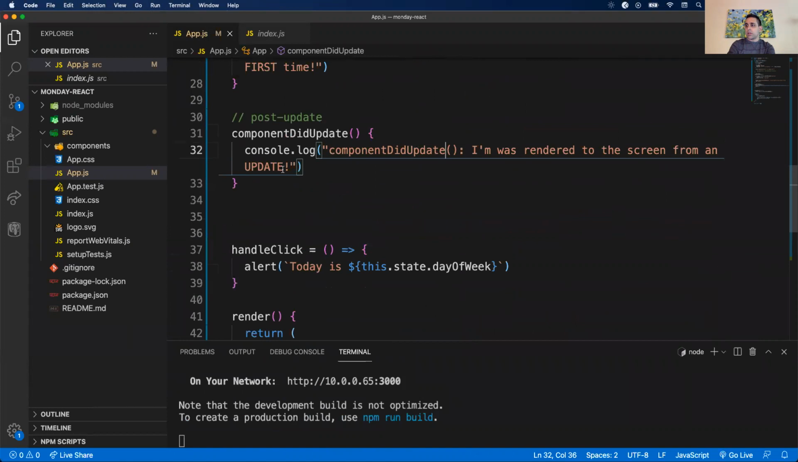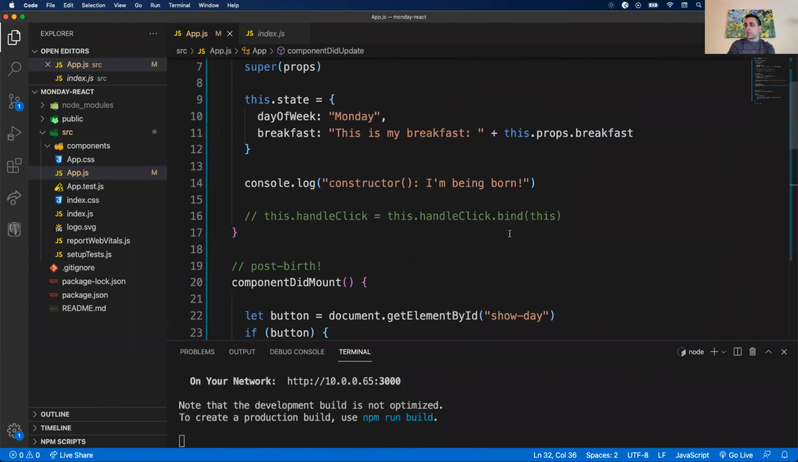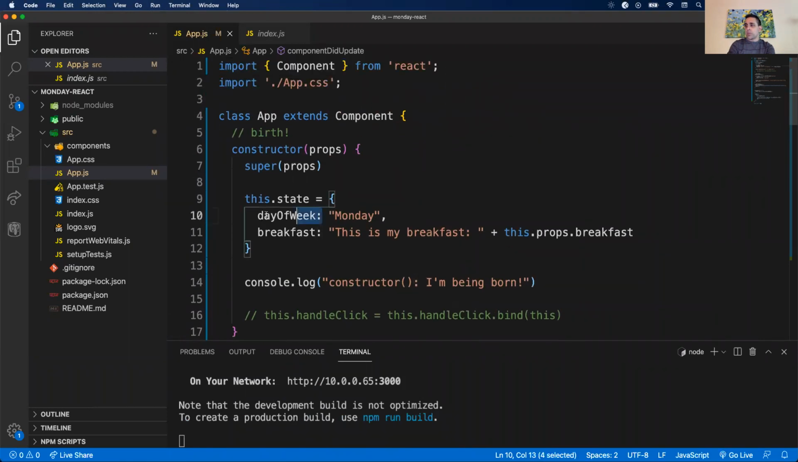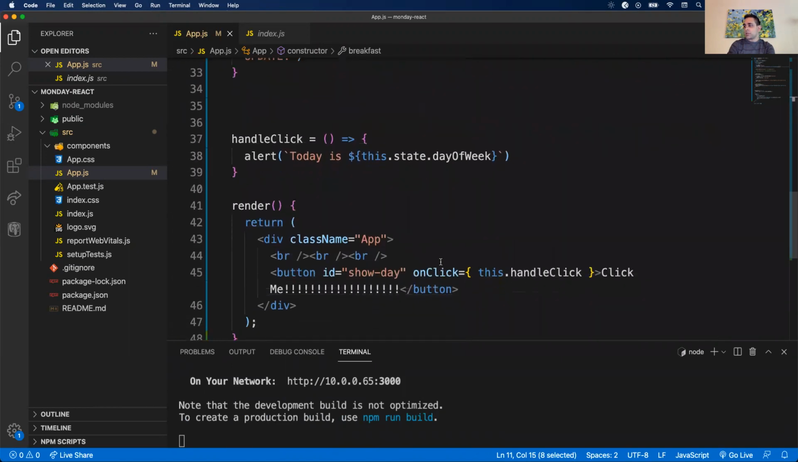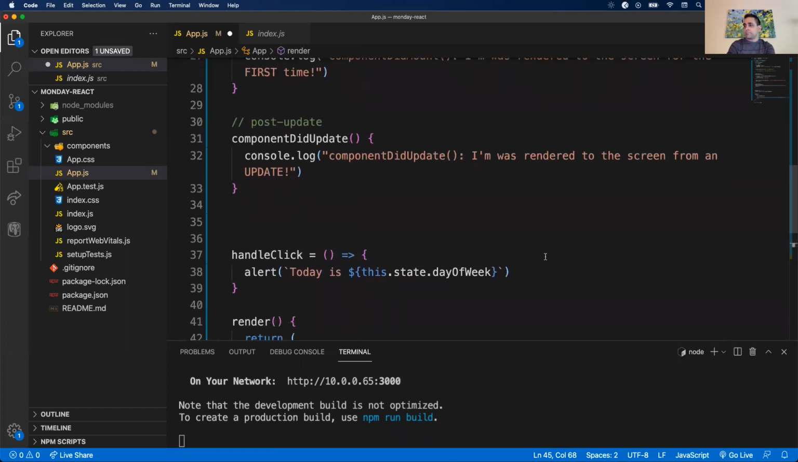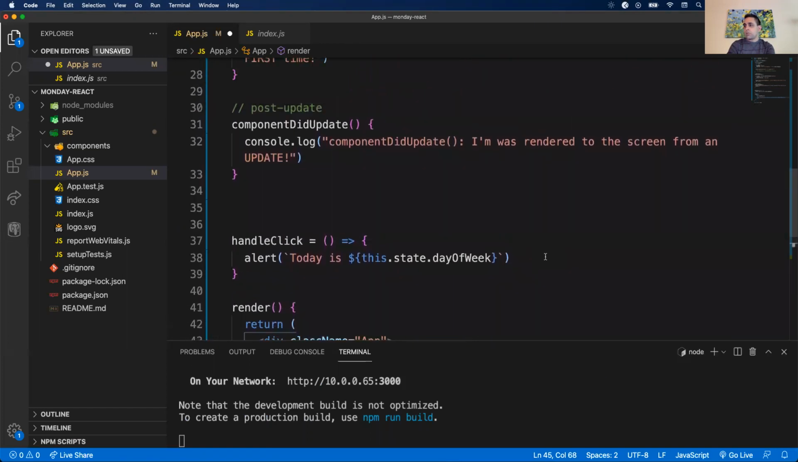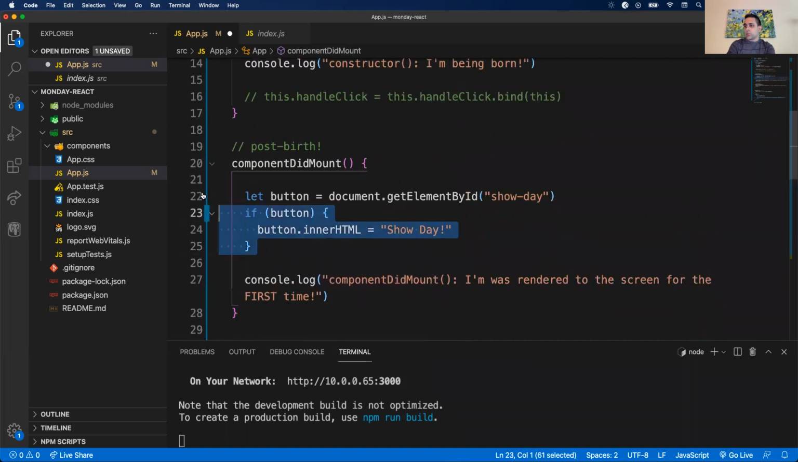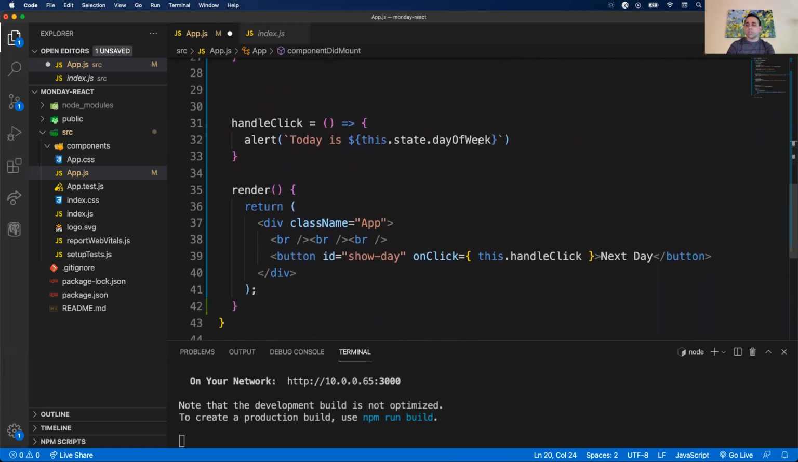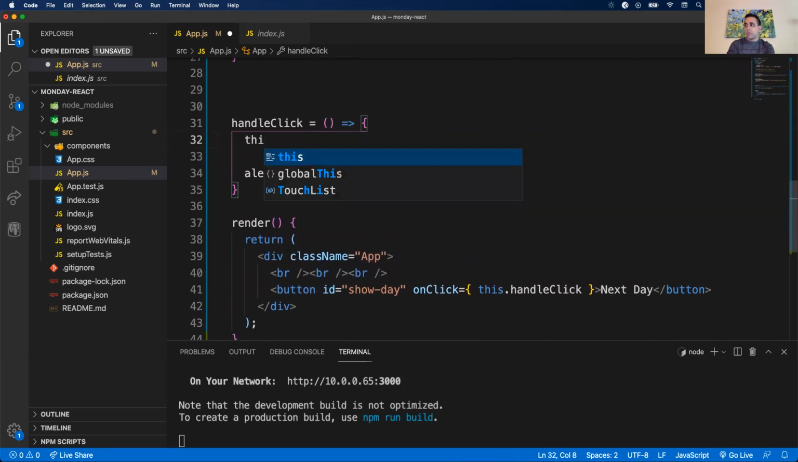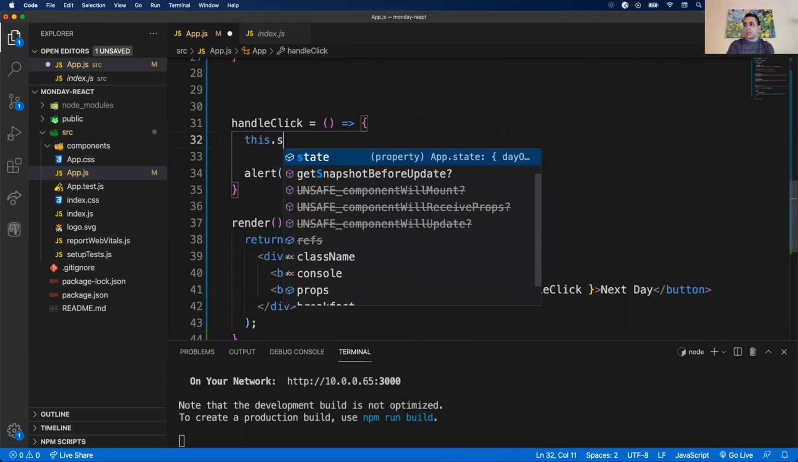Let's trigger an update when we click this button. So if I do that in handleClick, let's change some state values. We have a state value of day of the week. We have breakfast. Let's change this to next day. All right, so what this button is going to do is change it to the next day of the week. So if I want to do that here, I could do this.setState,